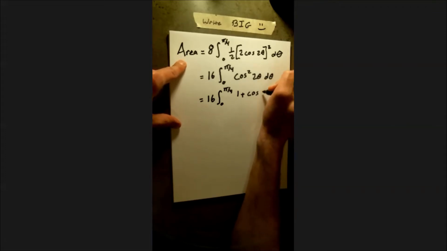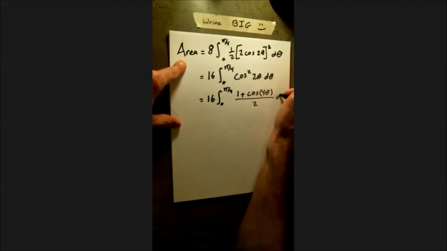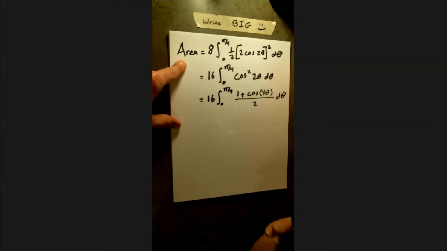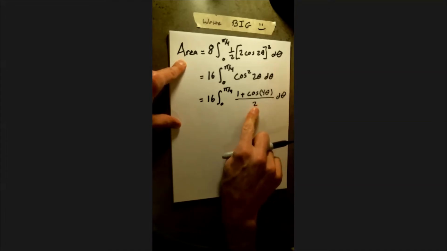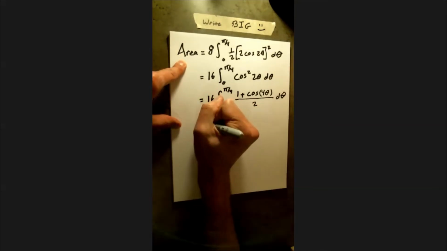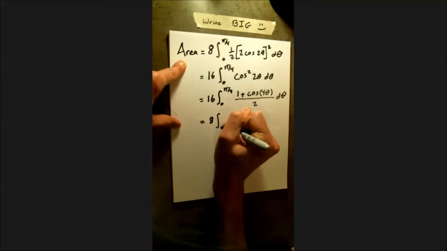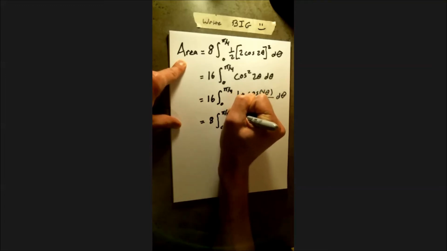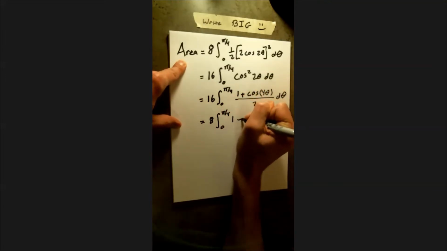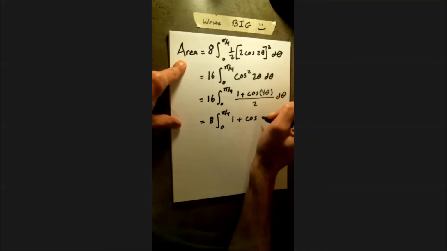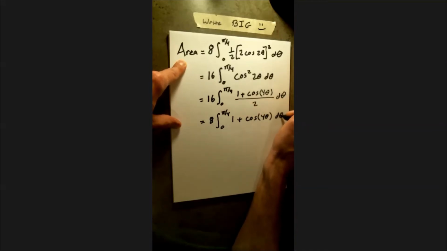So instead of 2 theta, we'll have 4 theta, twice the original angle, quantity over 2 d theta. The 1/2 can come out of the integral, leaving us with 8 times the integral 0 to pi over 4 of 1 plus cosine 4 theta d theta,